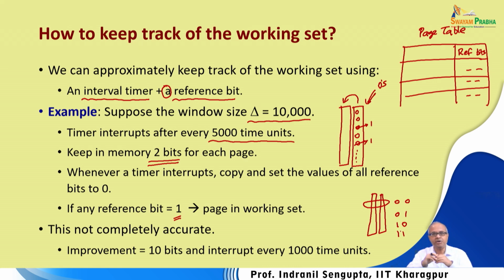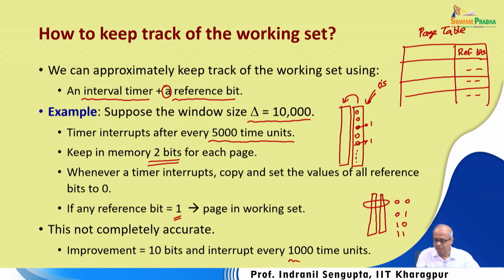Now just one point to note is how many reference bits we have to keep, that means whether two vectors or multiple vectors, like a shift register. So they will have to be copied. It is like a shift register: you shift once, and the second vector gets copied to the first vector. So there can be multiple such vectors, like let us say instead of 10,000, instead of 5,000 references,